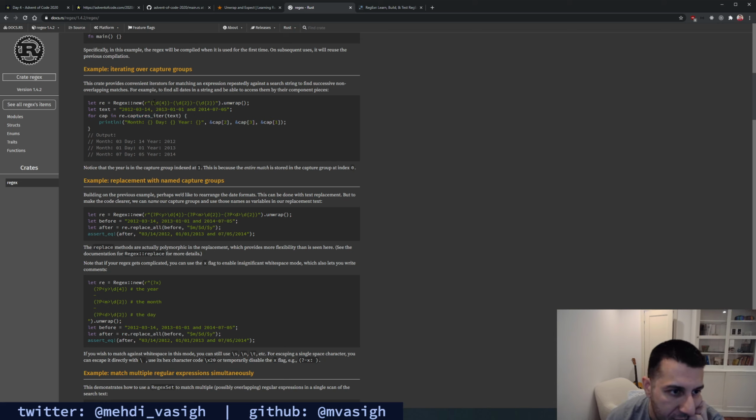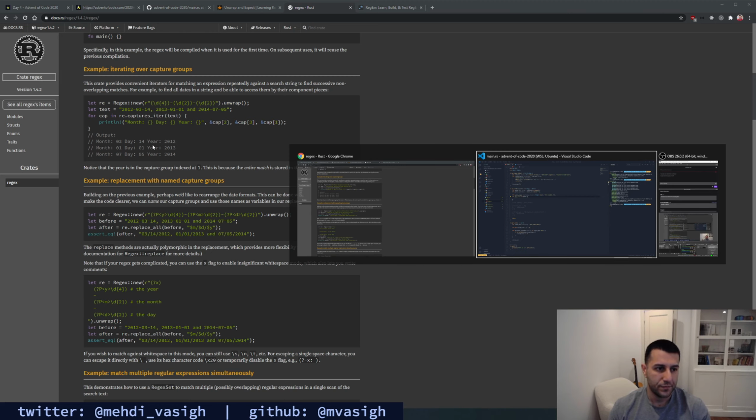Oh, captures_iter. Okay, so this is going to give us cap being an array of capture groups. In this case month, day, year. Captures_iter returns an iterator that iterates over matches and gives you cap, which is your capture groups. That's exactly what we want.